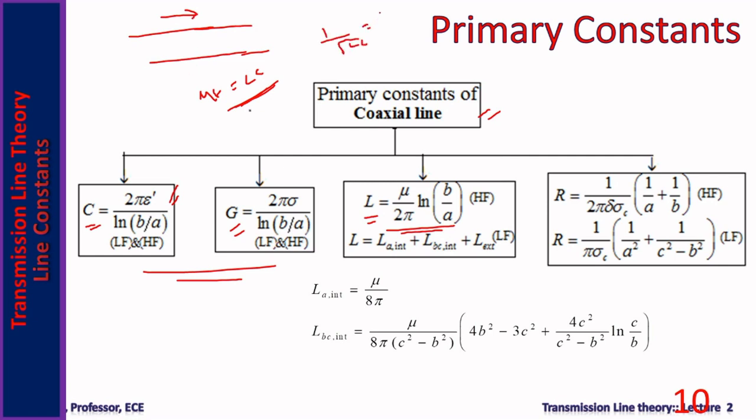From electromagnetic field theory, it has been found that it is equal to root mu epsilon. So these two are equal, so LC becomes mu epsilon. C is available, mu epsilon are known, so L can be found within no time. This is the expression, as far as high frequency is concerned.